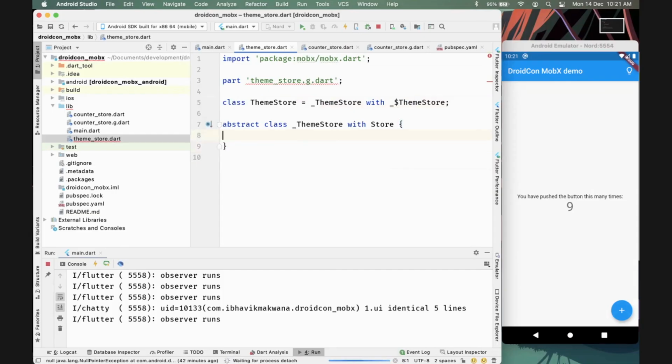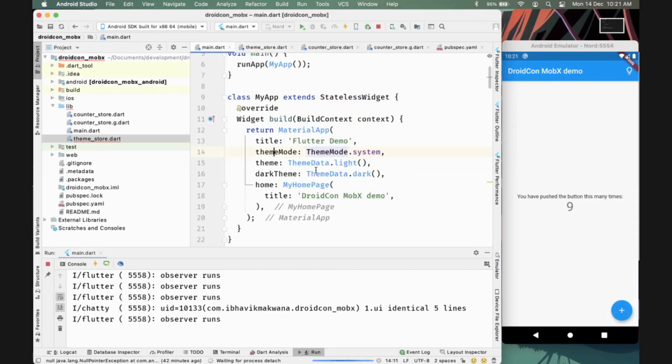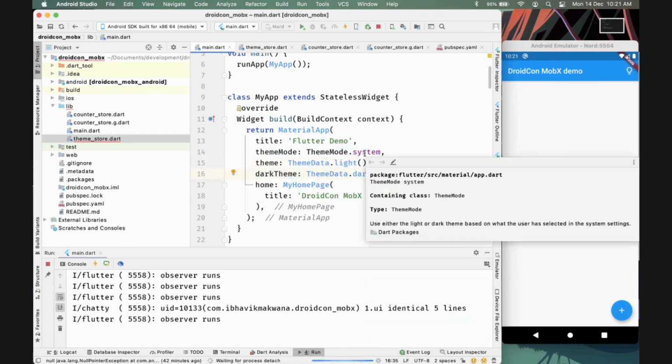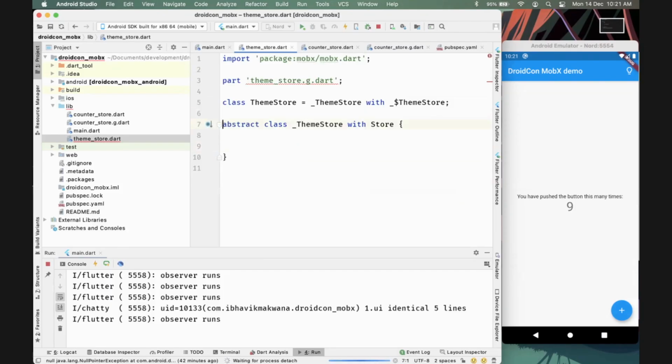Pretty easy, right? Then what I need to do over here is just change this theme mode. And whenever this theme mode changes, it will pick either the light theme or dark theme, according to my choice. So I'm just simply going to make an observable,